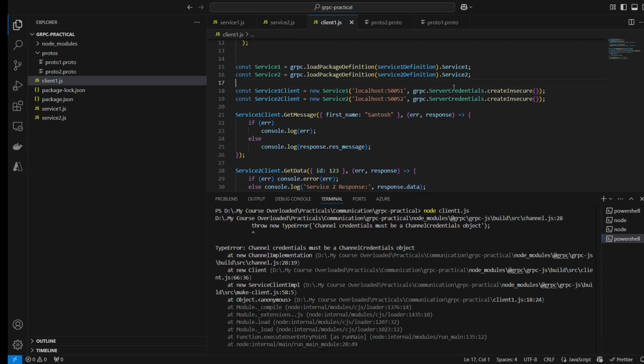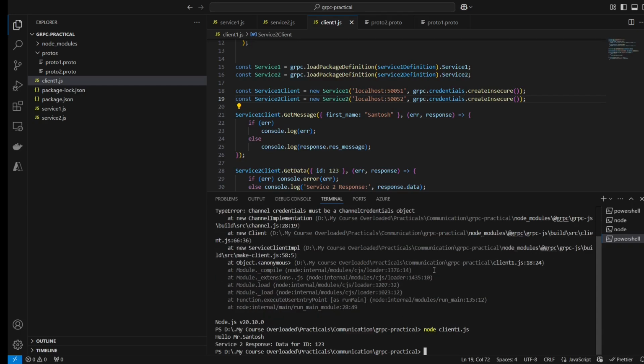Oh, sorry. So this is basically the credentials dot service 1. You can see that it is sending the first name Santosh as an input and returning the result coming from service 1.